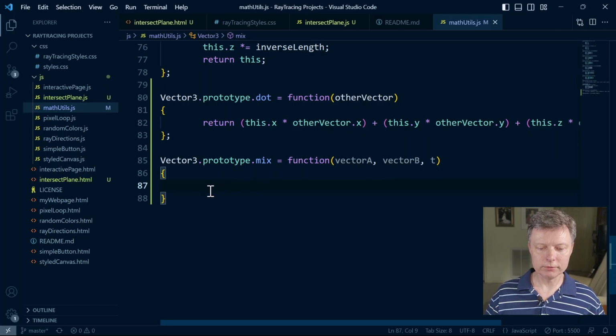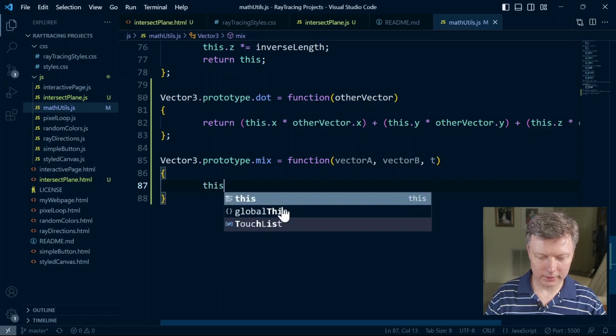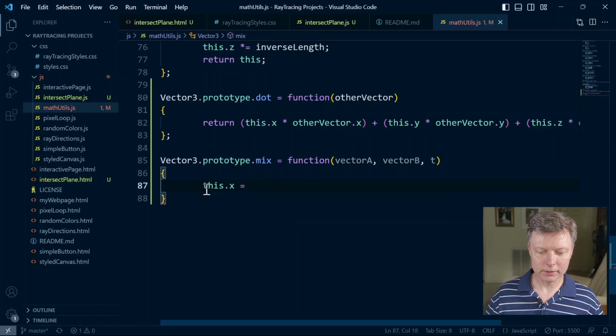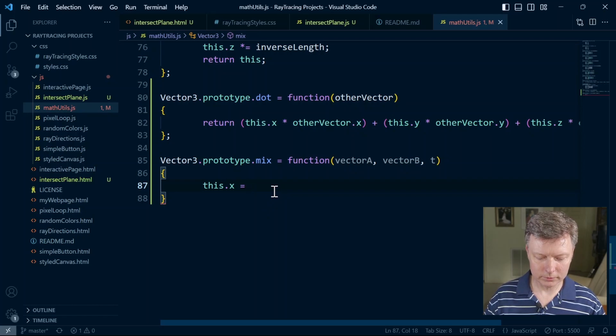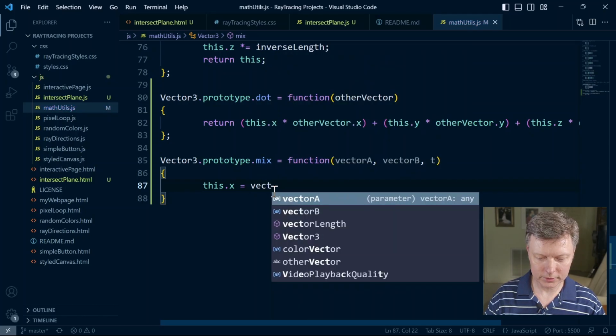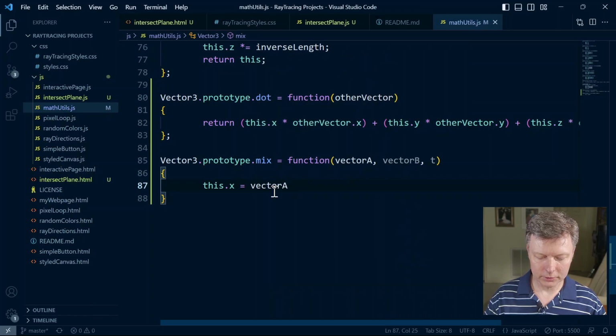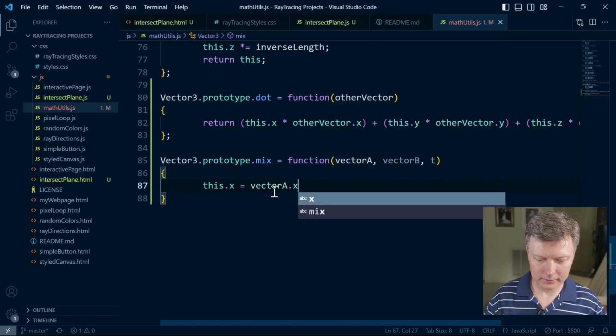We're going to change the value of this.x, this.y, and this.z. So let's do the x components first. So this.x is now equal to, so this.x will now be the new blended value. And so recall that we do vector A first and use its x component only. So we're only operating on one component at a time. So .x